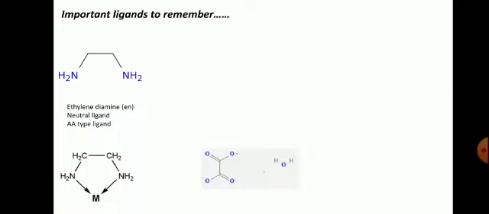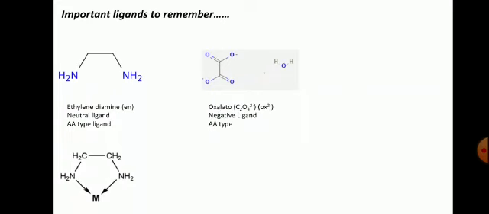The other ligand that you need to remember is oxalato. Again, here you have two donor atoms and both the donor atoms are oxygen. We will call this an AA type, as both the donor atoms, like ethylene diamine, are the same. In ethylene diamine, the donor atoms were nitrogen. Here the donor atoms are negative oxygen. As it is negative, it is nothing but a negative ligand. A complex is being given over here. As you can see, platinum has 4 coordination bonds, but there are only 2 ligands because the oxalato ligand is a bidentate ligand.